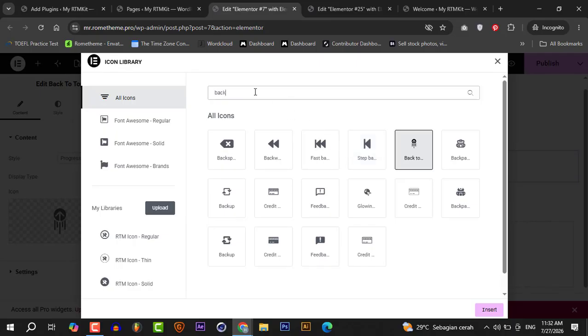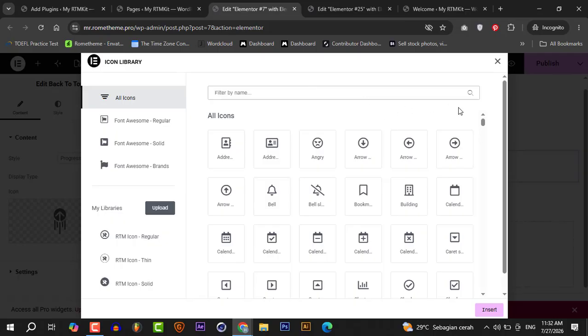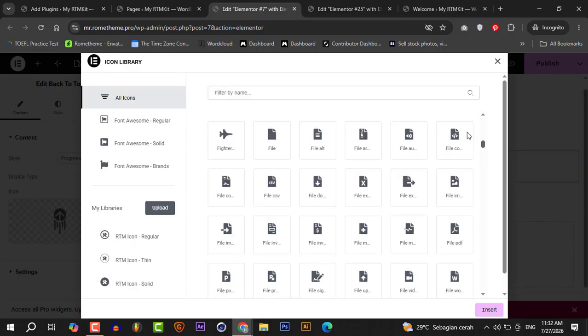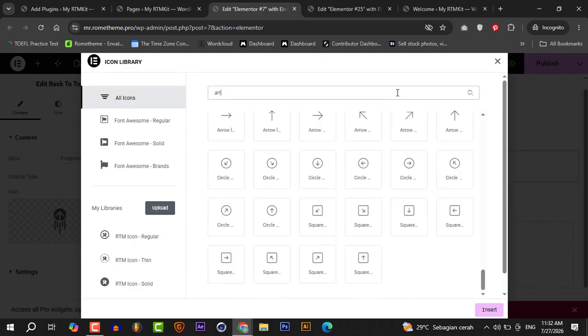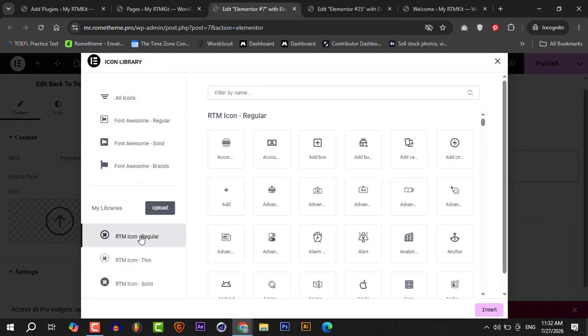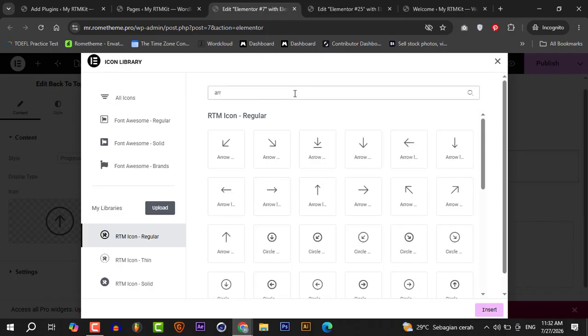Icon you can change with another icon, like arrow, like this one, or circle. You can insert, or you can use RTM regular, arrow. Here's the arrow. You can choose here's one,